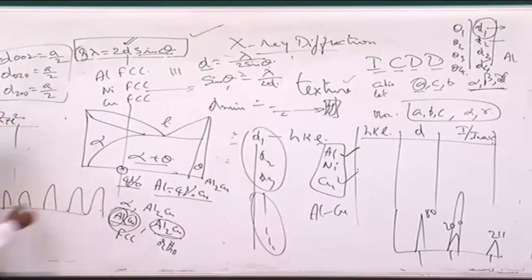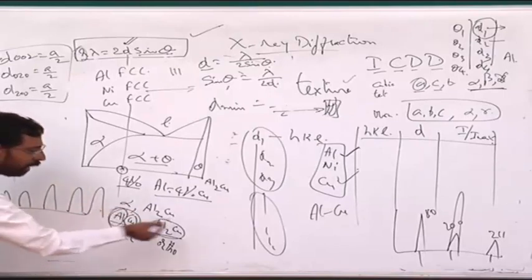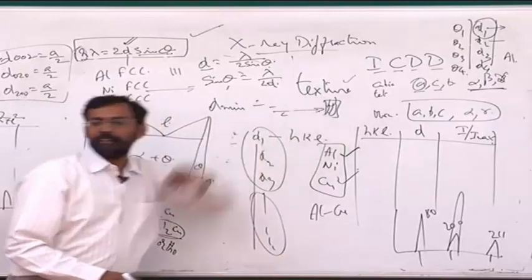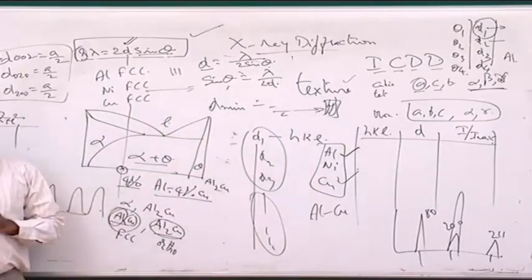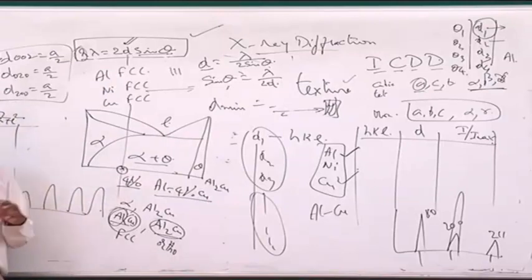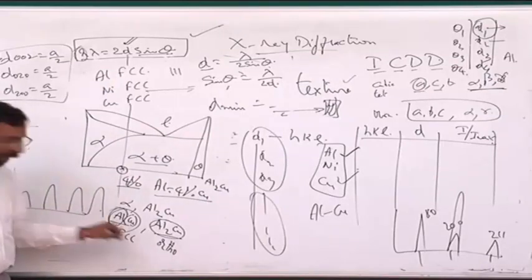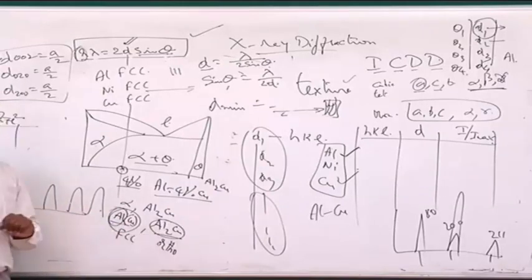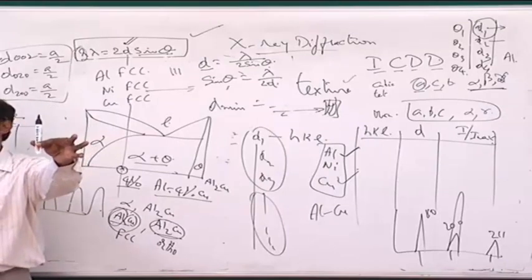To know what corresponds to what, if I have 1, 2, 3, 4, 5 peaks, out of these 5, maybe 2 of them correspond to this, 2 or 3 of them correspond to that, whatever it is. How do I know? I simply compare with the standard pattern. If I already know my material, life is simpler, so that I can search for which of the peaks are matching with alpha, which of the peaks are matching with Al2Cu.